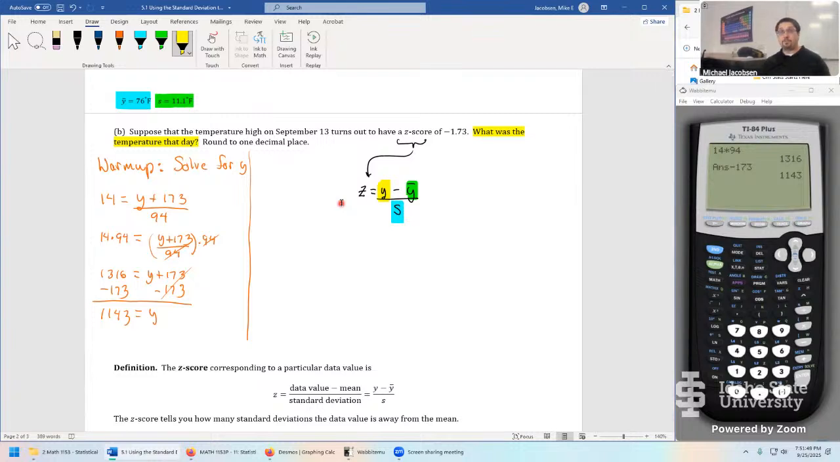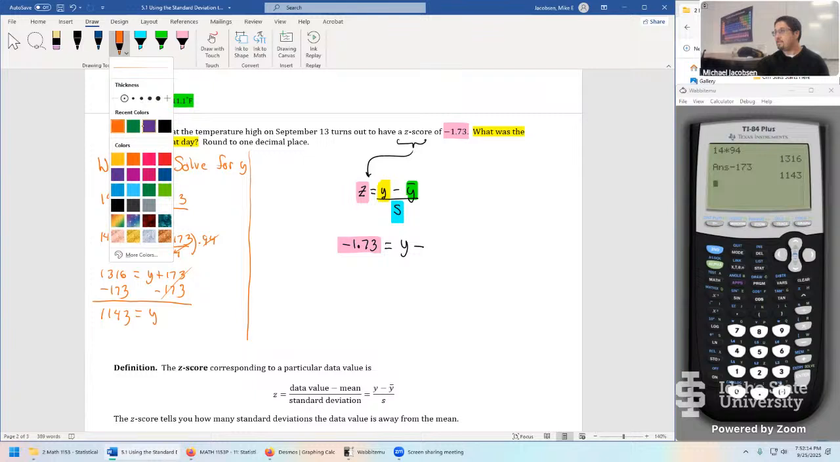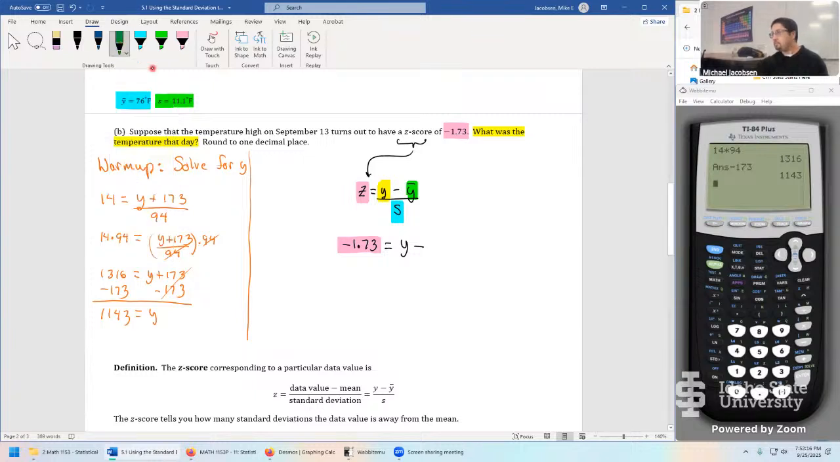Next step, putting in the information is worth partial credit as well. It said the z-score is negative 1.73, and that goes in for z on the left. Kind of weird this time, we're filling in the z-score. Negative 1.73 equals y minus the y bar, which is 11,